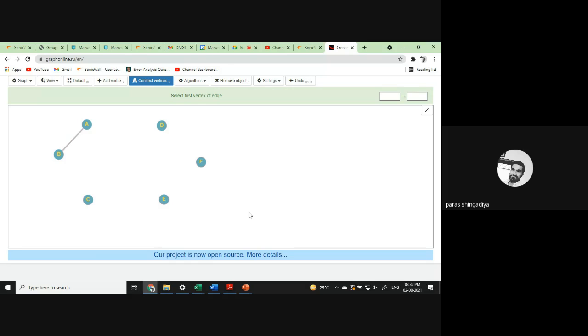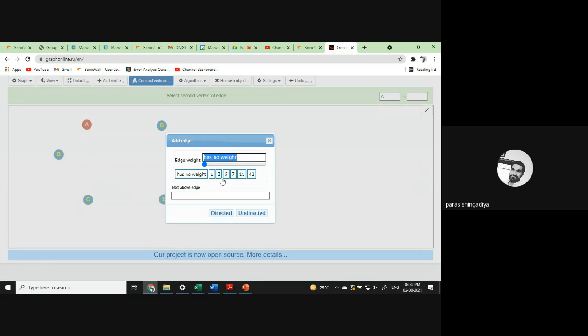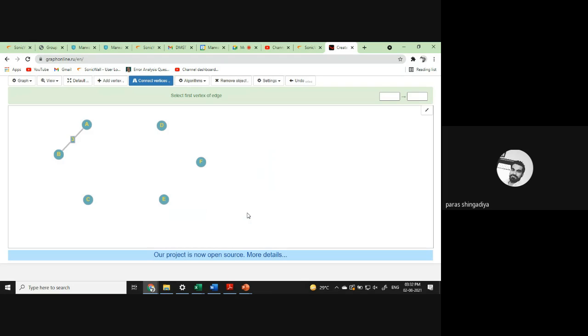A simple normal edge, but now we need weight on this edge between A and B. Let's consider the weight 3. Just click that number, and you can also modify that value. So that 3 will be displayed between A and B. Is it visible? This value is 3. This value indicates 3. Hence the weight between A and B is 3.